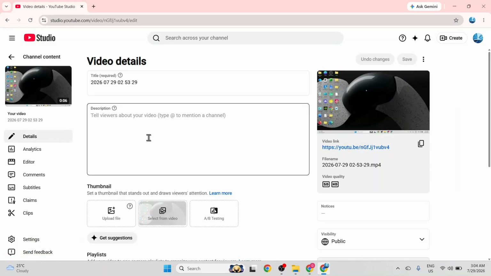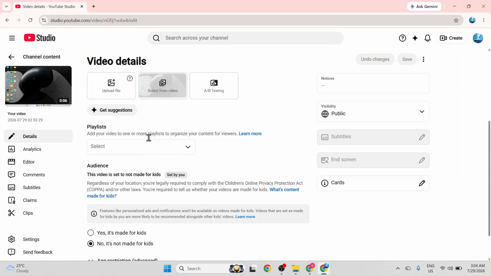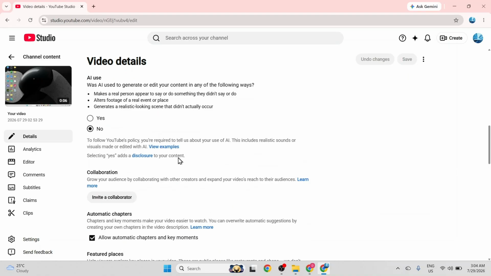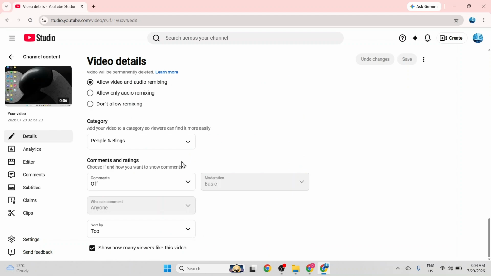I scroll all the way down past the description, thumbnail, playlists, and audience sections until I reach the bottom. I click on Show More to reveal the advanced settings and options. I continue scrolling down through paid promotion, automatic tags, and language options until I reach the comments and ratings section